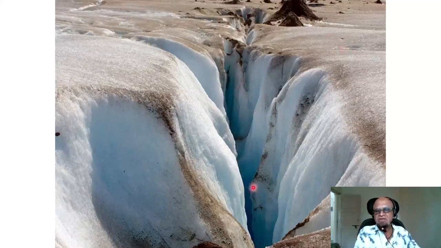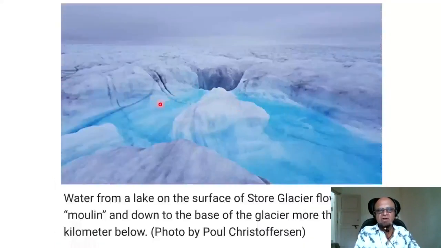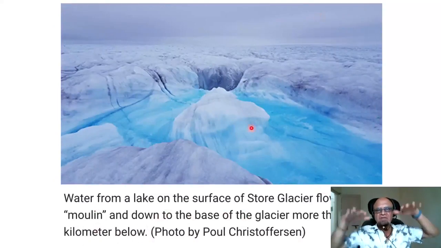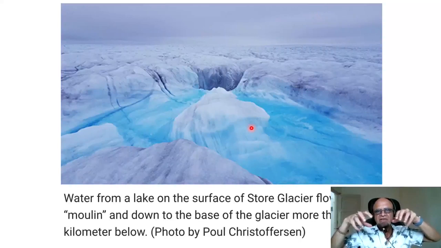And you can see that there is some water flowing down here. Sometimes you have waterfalls in Greenland like this, where the water forms a lake on the surface. This is a massive glacier, and for some reason locally it got heated and melted, and once it melted the albedo decreased, more energy got absorbed, and it kept melting more and more and started forming these lakes on top